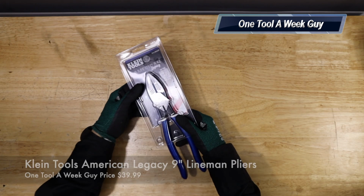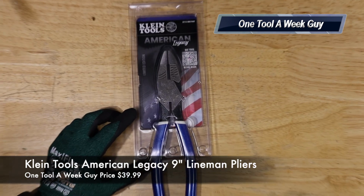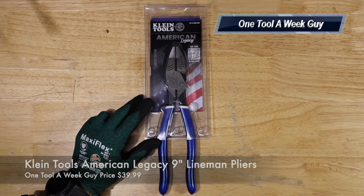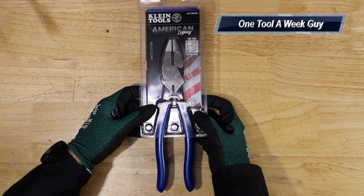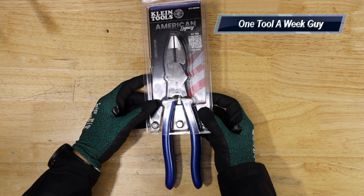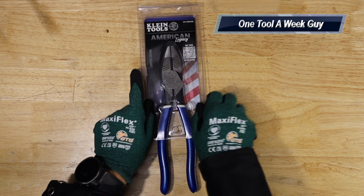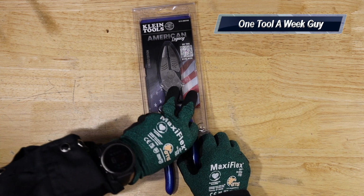And of course, the first one that they ended up releasing was this right here. Now, let's zoom in, and this is their iconic Lineman pliers, which is going to be the American Legacy 9-inch Lineman pliers right here. Now, what makes it so special? Well, let's go ahead and open it up. And of course, they released it on July 4th. So let's open this baby up and pop it,